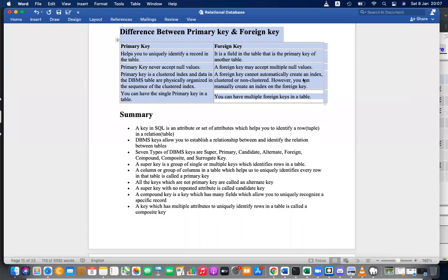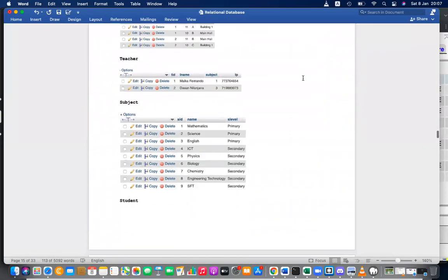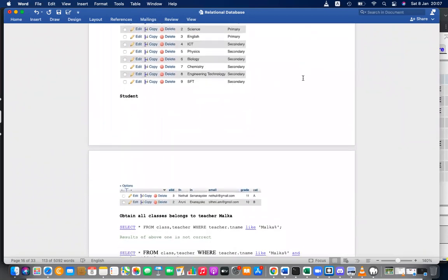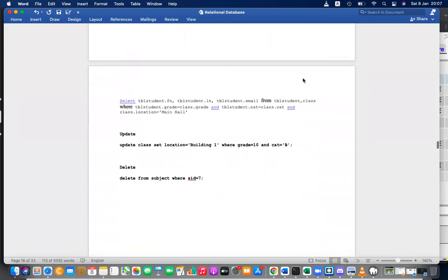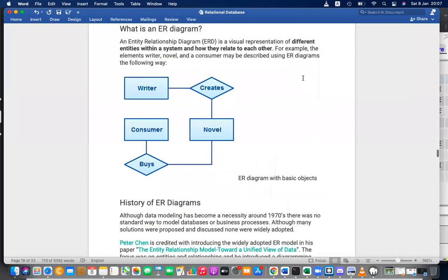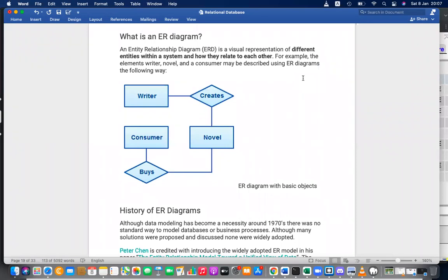Right. Now we have prepared the background and you know about each and every key. So in the examination, if they ask about any kind of key, you should be able to answer using this knowledge. This is actually the key lesson. Okay, we have done this part. Now let's come to the ER diagram theory part, which, as I said, will definitely have an essay question and some MCQ questions.